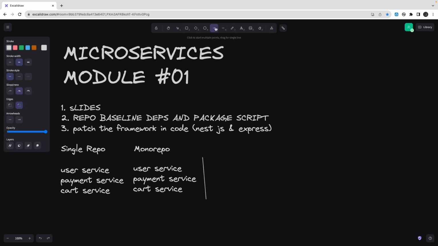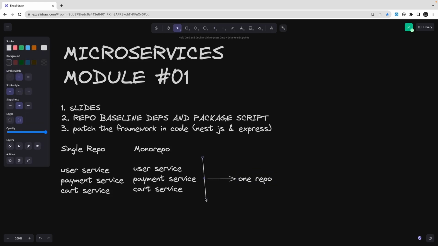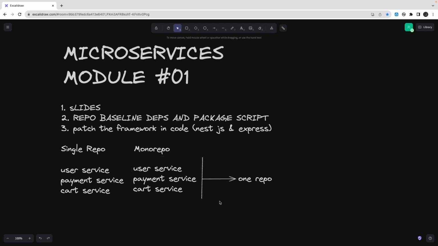It will be added as one single repo, and there are different advantages of doing such things. We can use an NX based monorepo or a Lerna based monorepo. There are many providers which will help you set up your monorepo. For beginners, you can start with a single repository, and I will also start with a single repository for some videos. Then when we are done with creating the first microservice, we will jump to a monorepo, and we will use NX tooling, and we are going to use a package based monorepo with